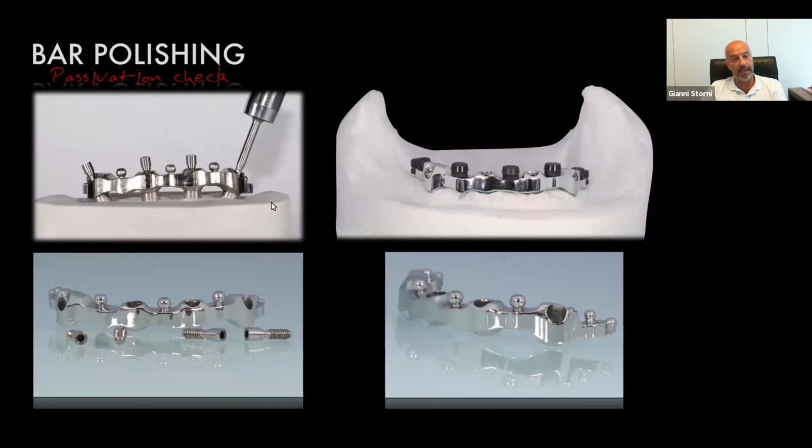key, on the model key. You see that everything fits perfectly. This means that it fits perfectly also on the master model. So we have to polish the bar correctly to really take care of the hygiene, to make the patient clean the bar easily underneath the papilla. And we have to take care not to wear out the sphere too much. Okay. So after everything is polished,